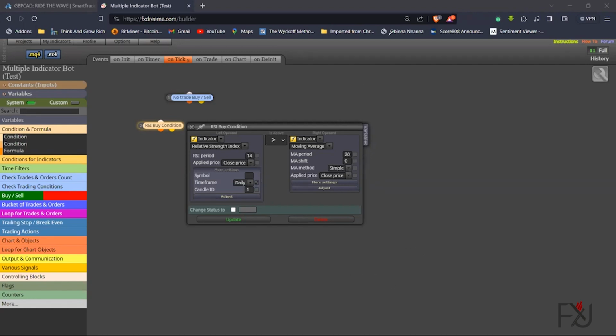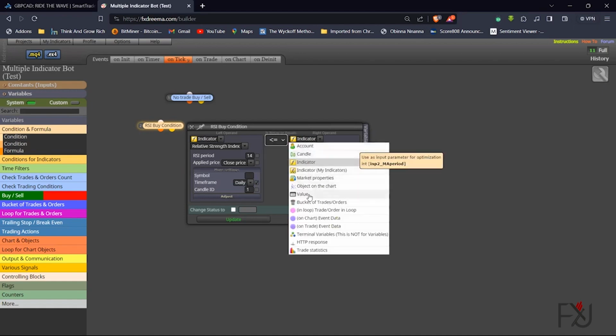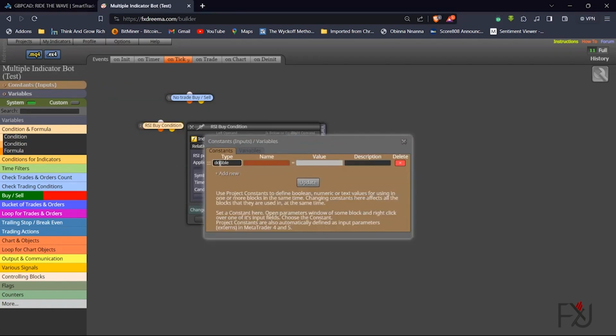Okay. So what this would be is if the 14 period daily RSI is less than, or what we're going to do is less than or equal to. So we're going to set it to less than or equal to, and then instead of indicator, we're going to have value. So we'll set this to 30. But instead of using 30 here, here's what we'll do. Under constant, I'm going to set this to integer, so the data type integer, and I'm going to name it